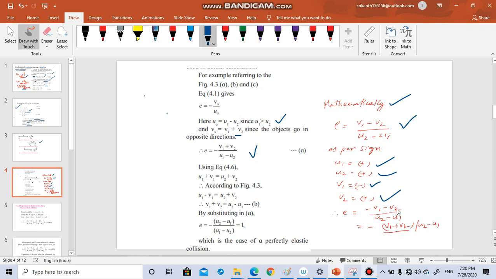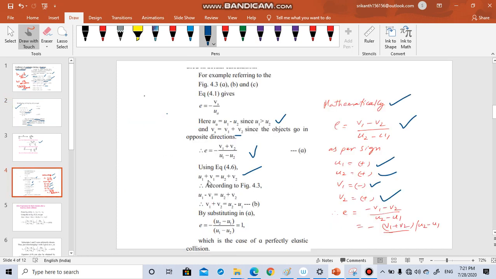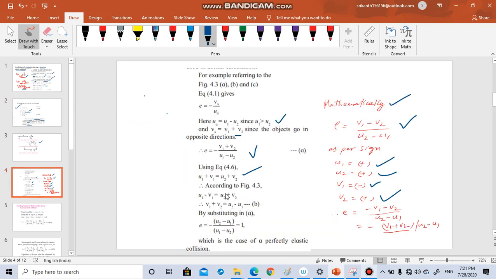We need to just check the maths part. Whether you go by mathematics or by concept, you always get the same answers. So finally, what are we trying to do? This was the equation we have derived, right? This equation has come from this equation. You take u1 to the other side and v2 to this side. You get u2 plus v2 is equal to v1 plus v2. It is there above also. So this is the equation you got.